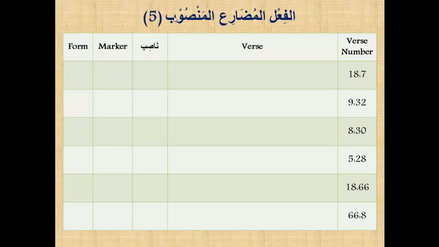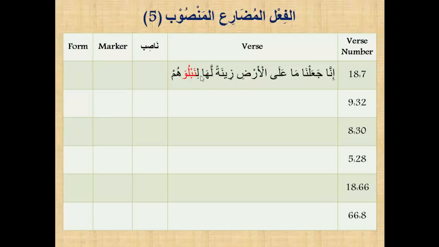Here are examples of al-fi'l mudari' al-mansub taken from the Quran. I want you to pay attention to three things. Number one, the nasib: what is the special factor that requires us to use the mansub case ending? Number two, what is the marker? And finally, the form. So example number one, إِنَّا جَعَلْنَا مَا عَلَى الْأَرْضِ زِينَةً لَهَا